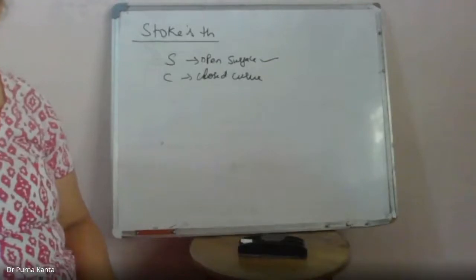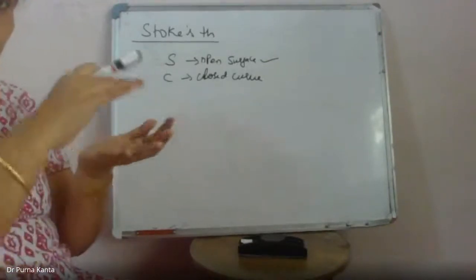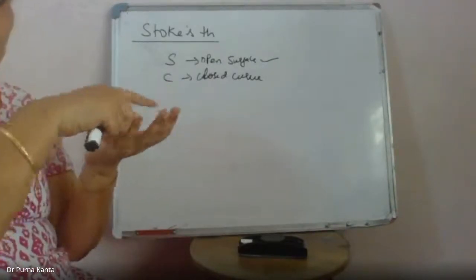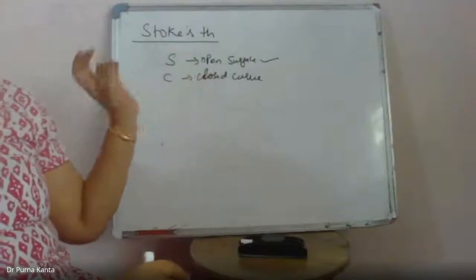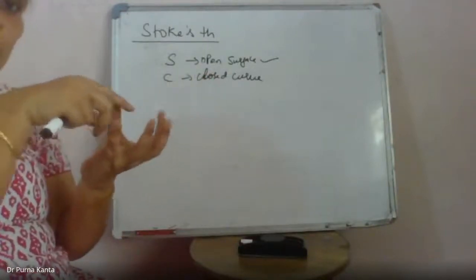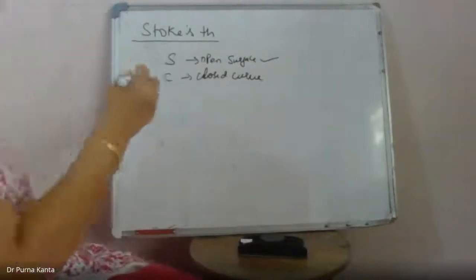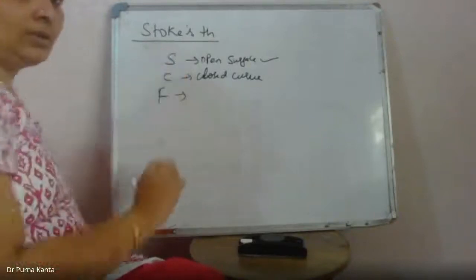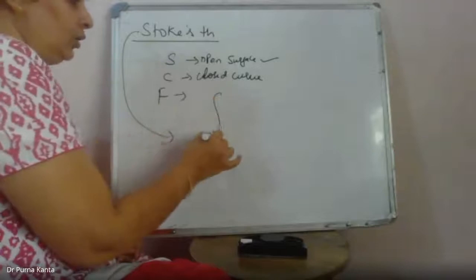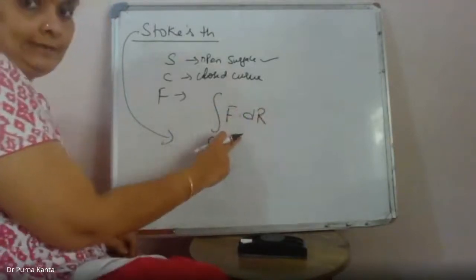Open surface means a box without a lid, or a round ball with a hole on the top. All those are called open surfaces, and it is bounded by a closed curve. Whatever open part we have is bounded by a closed curve. And f is defined as a vector function on this surface. So what this theorem states is that the integral over C of f dot dr, which is nothing but the line integral,